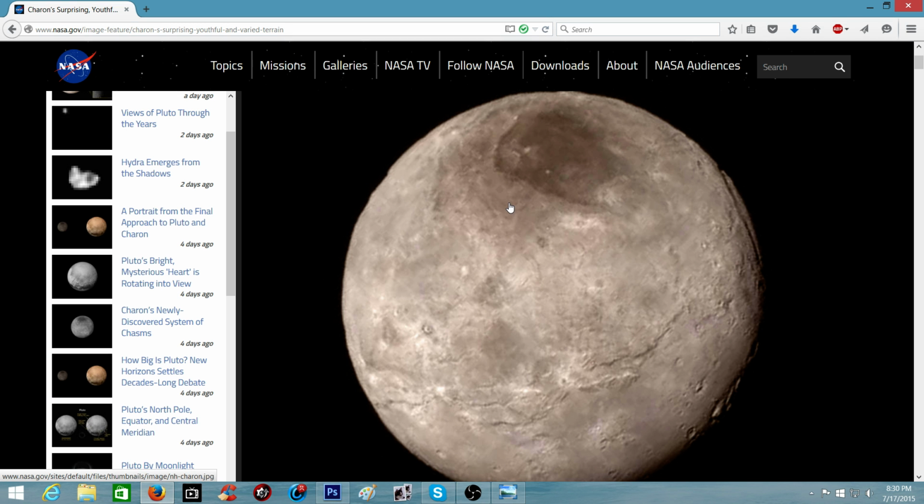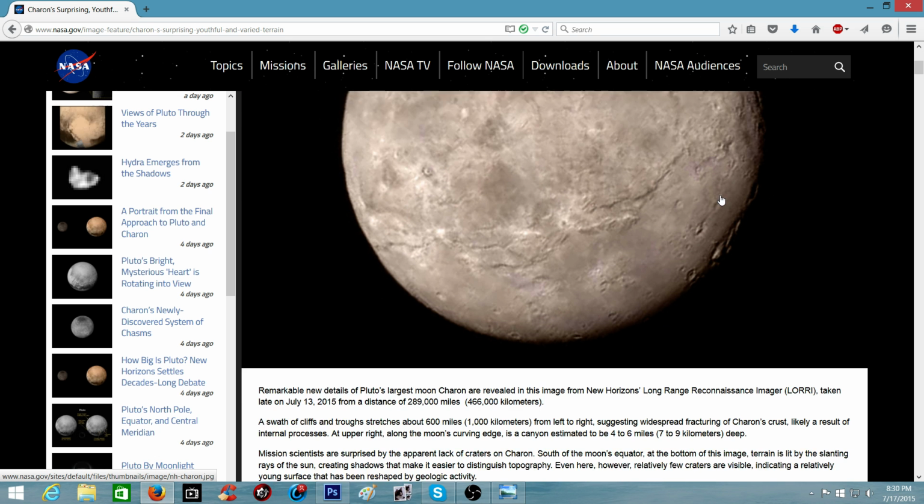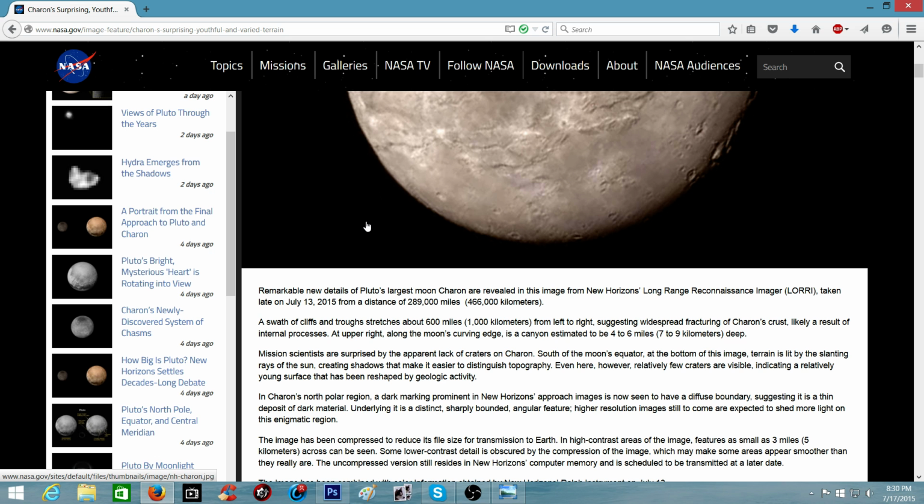So here you go. And you can see this. Charon's surprisingly youthful and varied terrain. You can read right here, remarkable new details of Pluto's largest moon, Charon, are revealed in this image from New Horizons' Long-Range Reconnaissance Imager, or the LORRI, taken late on July 13, 2015, from a distance of 289,000 miles, or 466,000 kilometers. A swath of cliffs and troughs stretches about 600 miles, or 1,000 kilometers, from left to right,